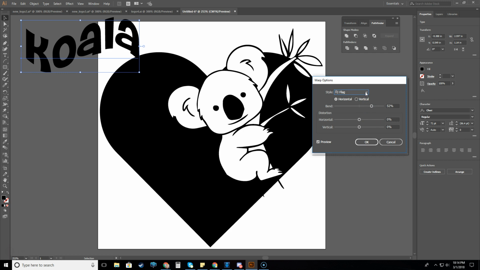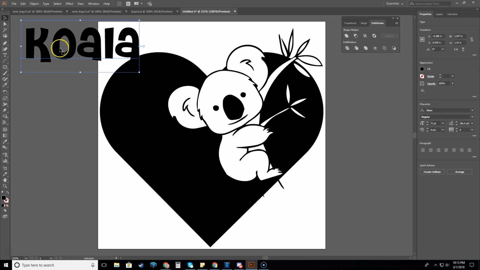This is just if you don't want flat, straight text. Okay. For my purposes, I do want flat, straight text. So I'm just going to click cancel on this. I just wanted to make sure you knew how to get to it and do it. But I want my text to go across right here. And so I'm going to need to rotate it. Okay. So